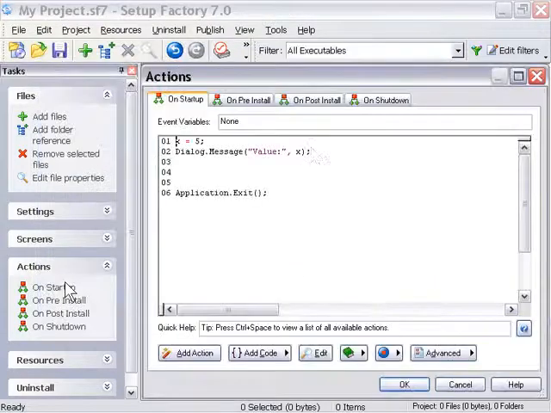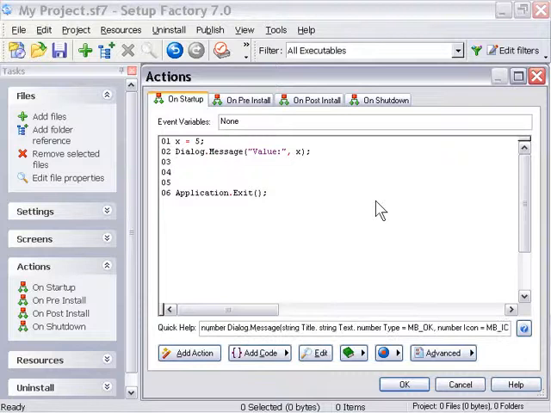Let's take a look at what we did again. We took a variable name, x, and we assigned it a value, 5. Then, when we needed it in an action, namely the dialog message action, we simply referred to the variable name, and we got the value. Okay, so that's what variables are. They're symbolic associations between names and values. Okay, let's try this again with something a little more complicated.